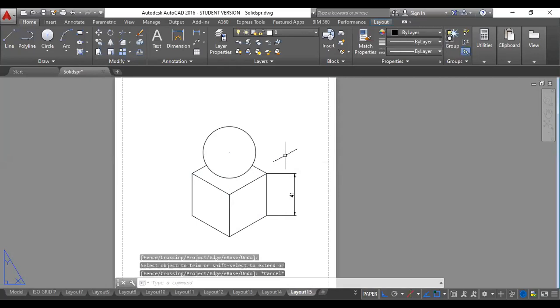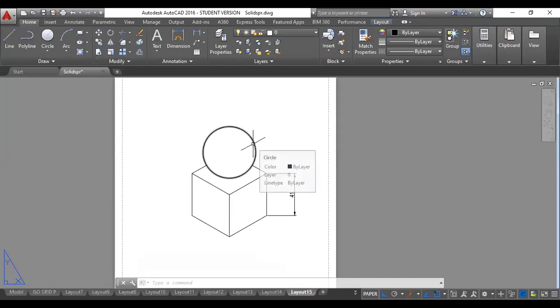This is hidden. So that completes the problem. So now you can see that we have drawn the cube. With this cube, on top of that you have a sphere. So I reduced the dimension of the cube to isometric, but the sphere dimension will not change. Remember that sphere will always remain to the true length.